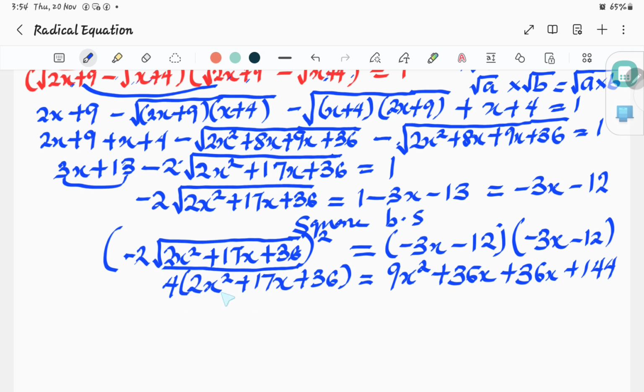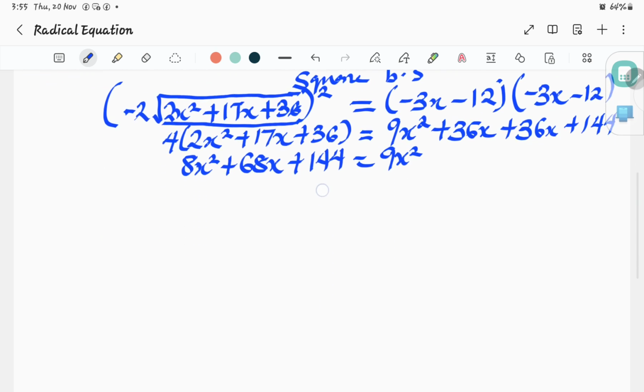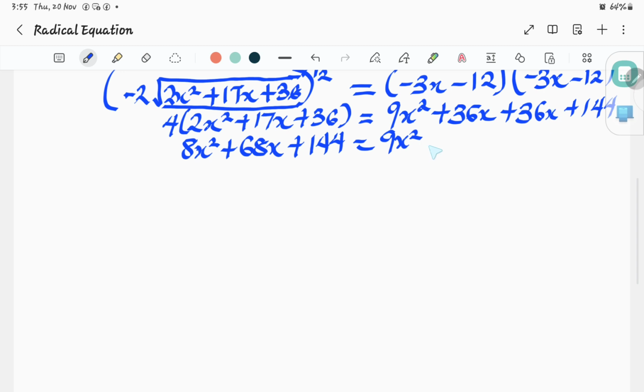If we open up this bracket, we are going to get 8x squared. Okay, so 4 times 17x is going to give us 68x, plus 36 times 4 as well is going to give us 144, equals, we have 9x squared. 36x plus 36x is going to give us positive 72x plus